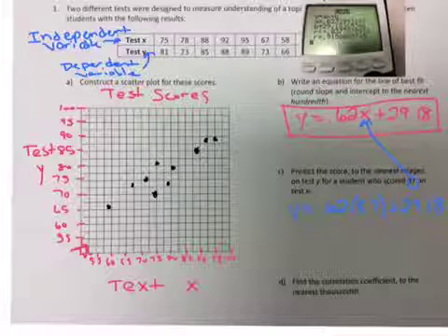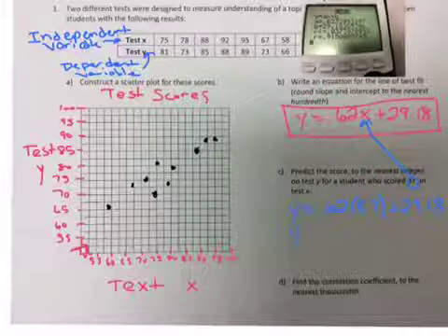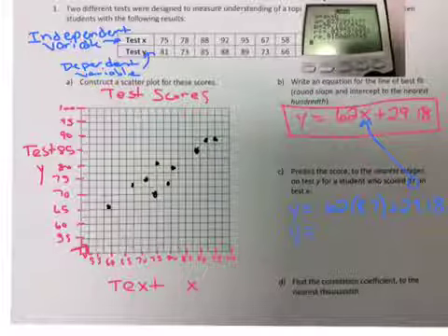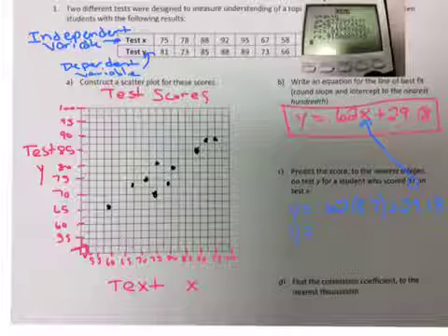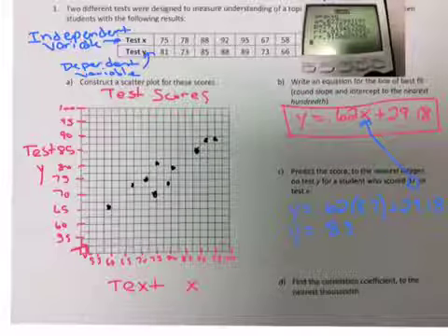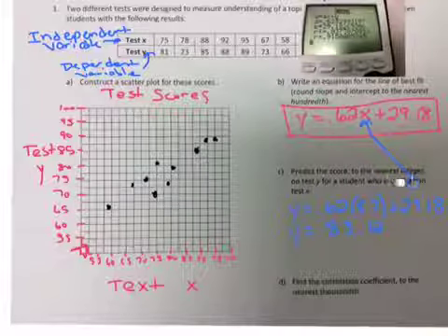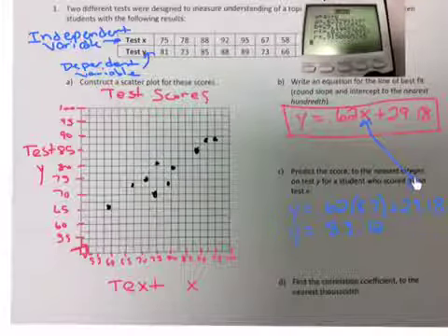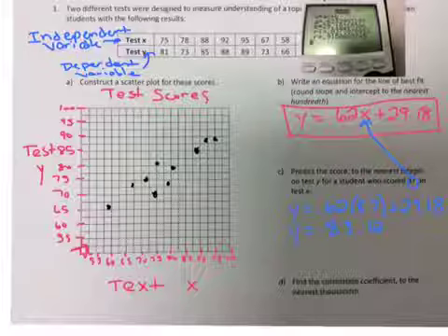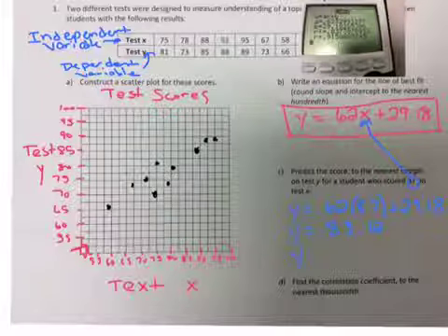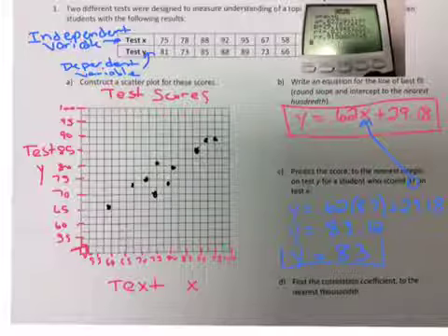Okay, so if we want to, you can plug that in your calculator, 0.62 times 87, and then add 29.18 to that, you'll wind up with an 83.12. But let's look at what they want us to round to. They say to round to the nearest integer. And make sure you always read what they want you to round to, because you don't want to lose points for rounding errors. All right, so that would round to an 83. So y equals 83. Okay, now